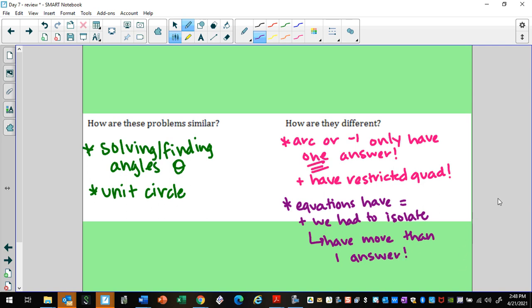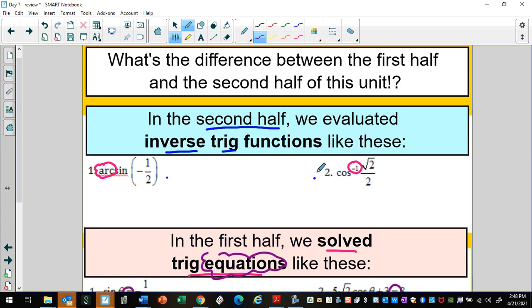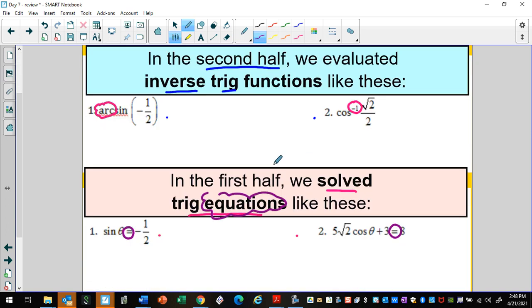I remember ones that we did in that Kahoot in Stinger where we had to do like a square root, which meant it was a plus or minus, which meant it was actually all 4 quadrants worth of answers, right? It has more answers when it's an equation. There's more possible things it could be. Whereas the inverses or the arcs, these ones here at the top, those guys are only allowed to have one